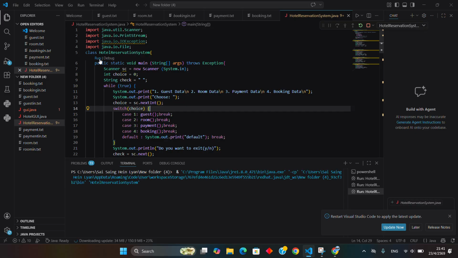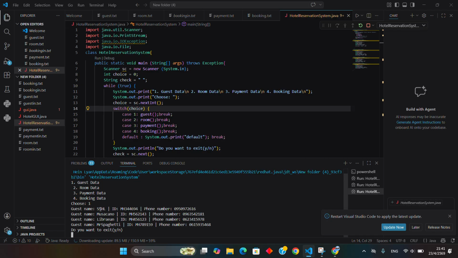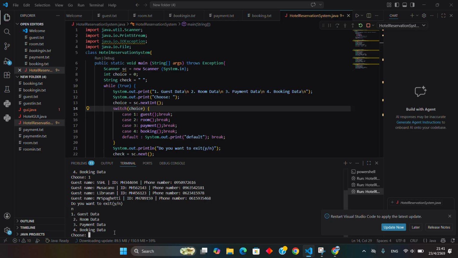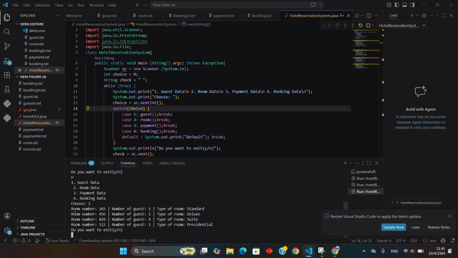After I run it, it will show the bars like this, and I have to tap at this. If I want to know my guest data, I just click 1 and then enter, and it will show my guest name, his ID, and his phone number. And here it asks, do you want to exit? Yes or no. Because I don't want to exit, I'm going to click no, and then I'll choose 2, and here